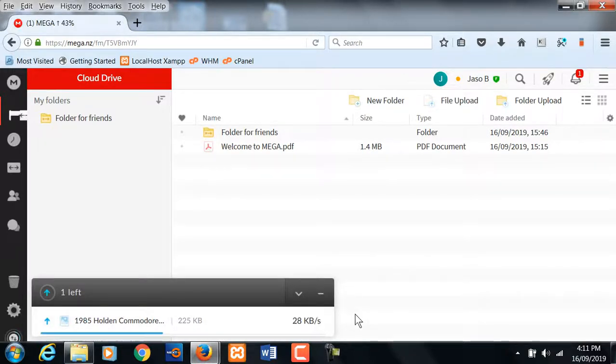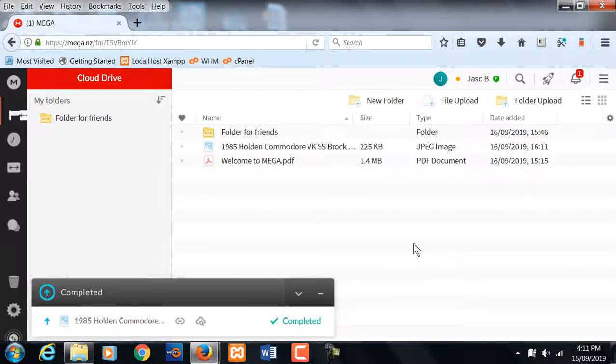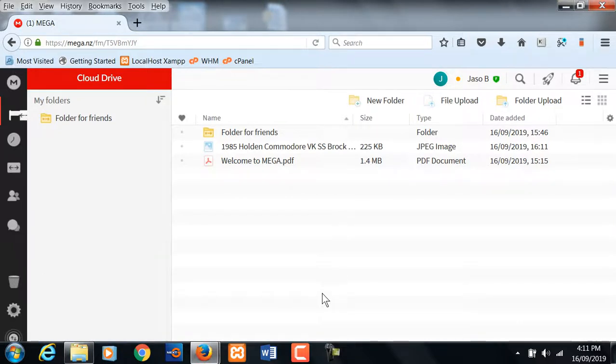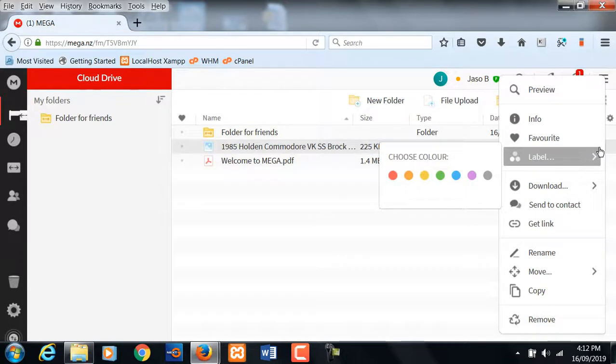Down here in the bottom left is the notification area of the upload. Complete. Okay, so we can get rid of that. Here is a single file we uploaded. So this is in the main drive, not in a separate folder. If we come over here to this menu button here, we click on this. Now if you wanted to be able to give someone just a single link for this photo, so you could send this link in an email, messenger, text, however you want to send this,